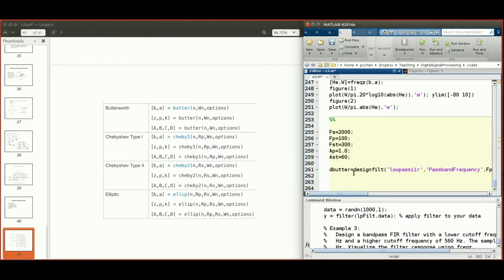So that's how you actually use the designfilt function. And the output is stored in an object that's called dButter. This object is a digital filter object. It's actually a MATLAB structure, basically. So if you want to run it, you can just